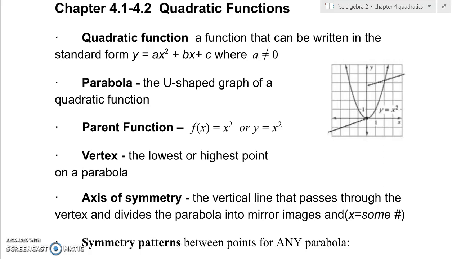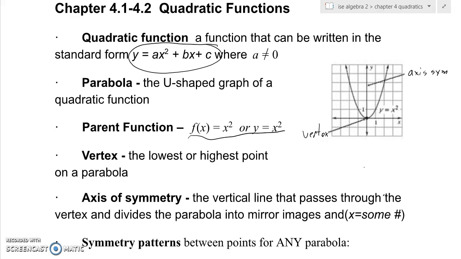So, 4.1, graphing quadratic functions. Quadratic functions are our ax squared plus bx plus c's. Parabolas are what we graph from those. We have the axis of symmetry. We have the vertex. The parent function is y equals x squared, which we then stretch, reflect, and shift left, right, up, down, translate